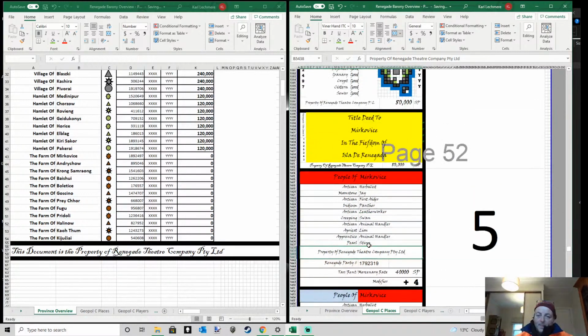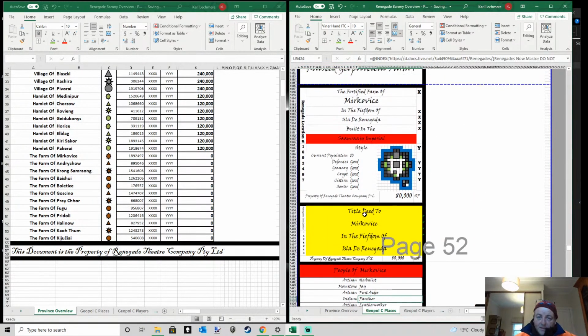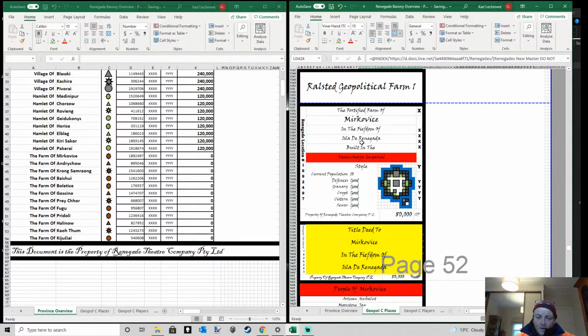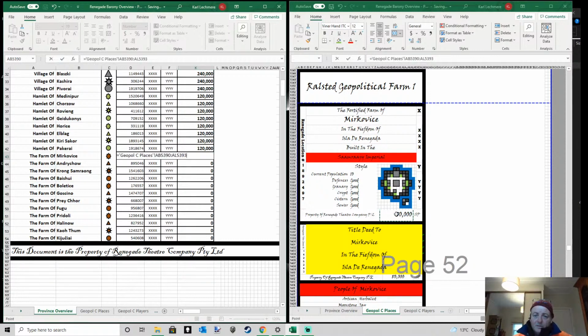So 80,000 is the tax income from this particular farm. So now what I'm going to do finally is I go over to the province overview file, and I then click on equals, and then I refer to the cell in the Geopol C places. And then finally, as you can see up here, it's actually referring to this merged cell. Now it comes up with an error unless I strip out that. And then, as you can see, it's now got the same amount there as what is reflected